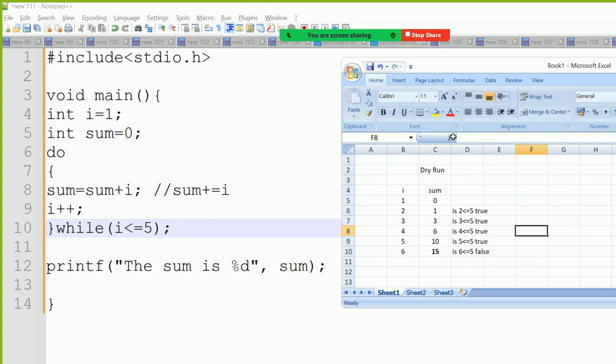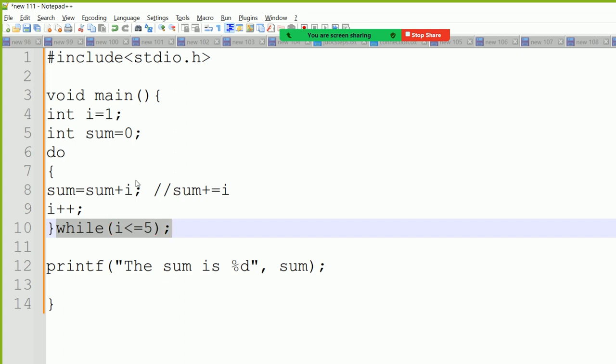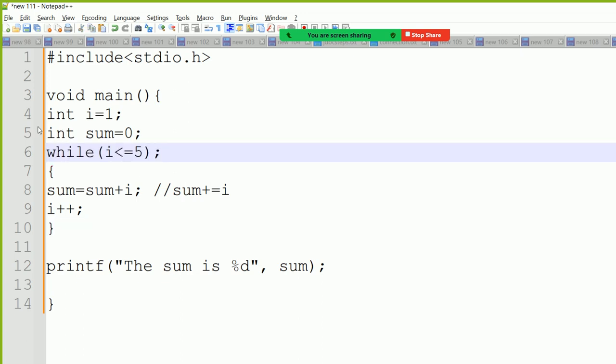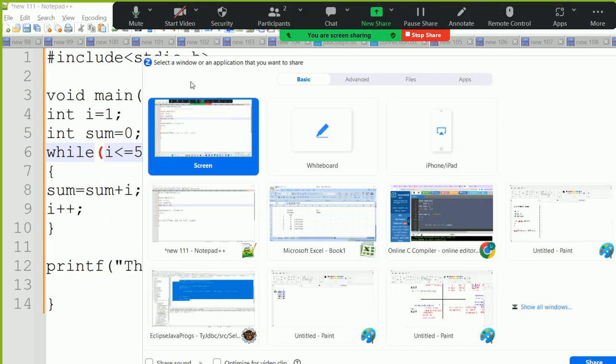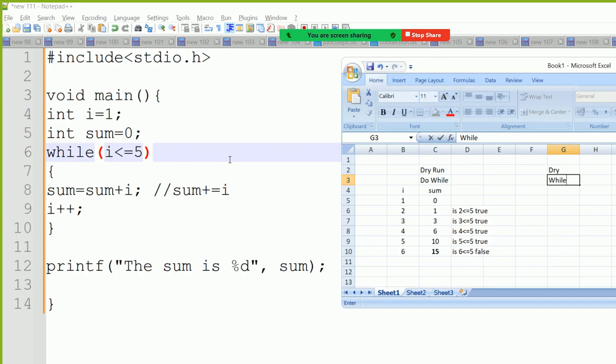Okay. Can you dry run the same for me using, this was using do while, right? So now if I use while, can you dry run this for me using while? So if I use while, now tell me how you will dry run this. So what is the value of I? 1 and sum 0. Okay, now what will you check is